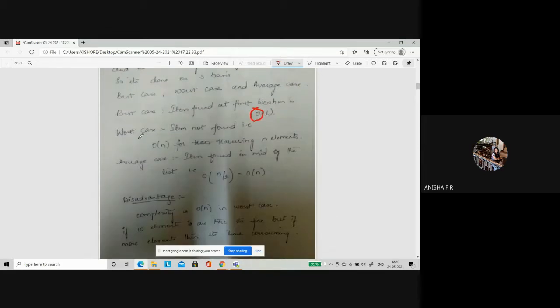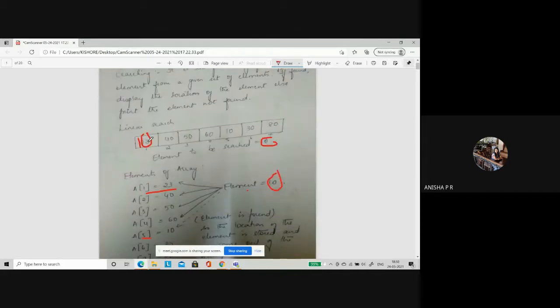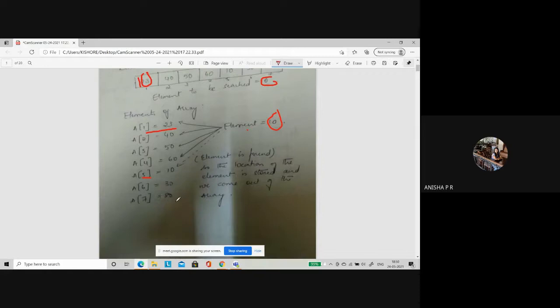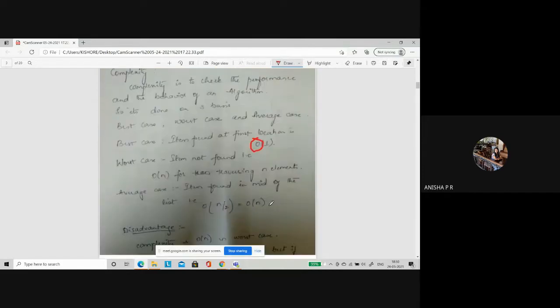In the worst case, what is the worst case? You keep on searching till where will you search? From the first position to the 7th position. That means if there are more elements here, 8, 9, 10, till the nth element you will keep searching like this. Yes or no? So till what place will you continue this way? Till the nth place. So the worst case scenario is order of n, O of n.